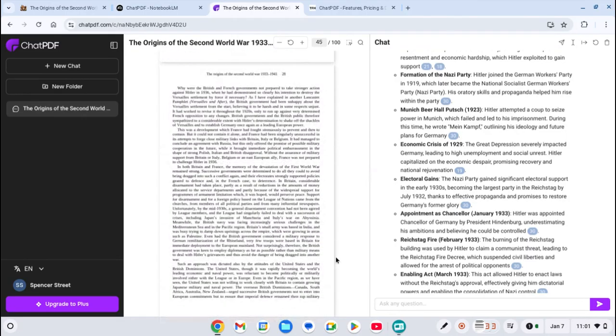So that's it. On a side note, I had not used Notebook LM before, and it is awesome. I will be using it from here on out. I'm going to implement it in my lesson planning stuff, and